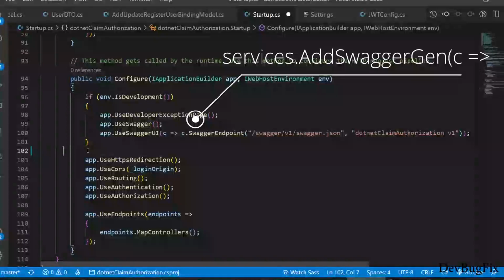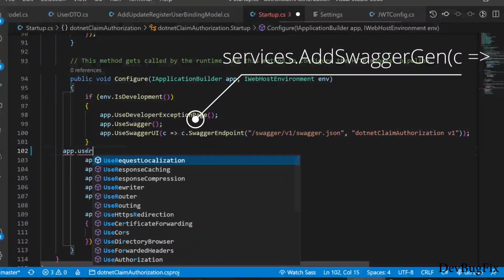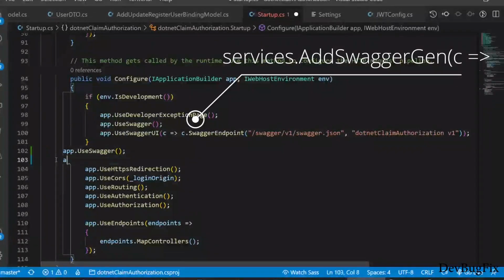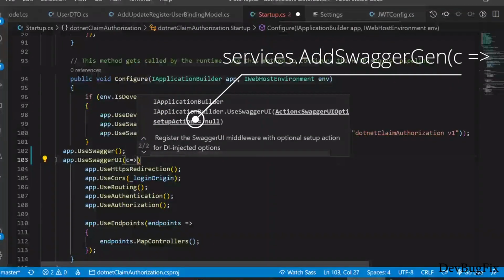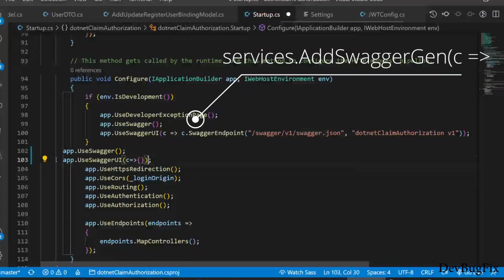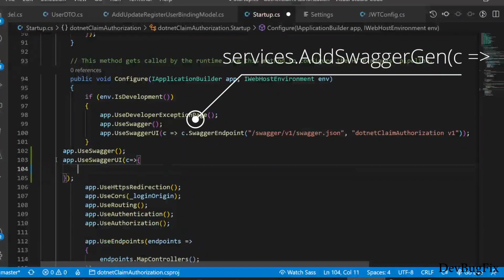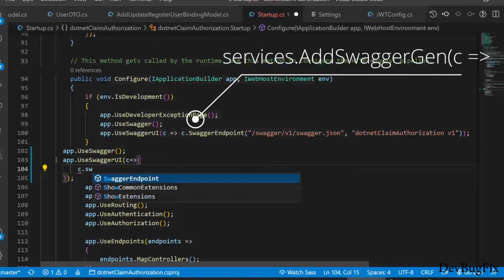First component, Swagger, app.UseSwagger. We just have to call this method. And third component, app.UseSwaggerUI. In this component, we have to define the endpoint in a lambda expression, c.SwaggerEndpoint.